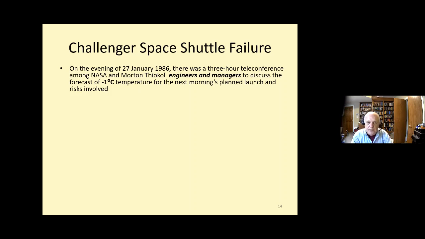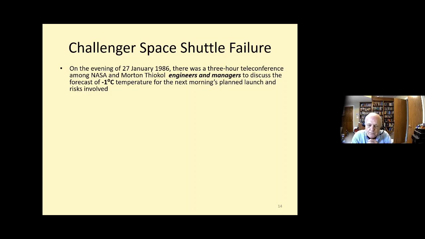Okay, my next example is another very well-known reliability disaster known as the Challenger Space Shuttle failure. So there was to be a launch on January 28, 1986. And all of these launches were very highly publicized, at least here in the United States. But on the evening of January 27th, the night before, there was a long 3-hour conference call between NASA and Morton Thiokol, who was the manufacturer of the